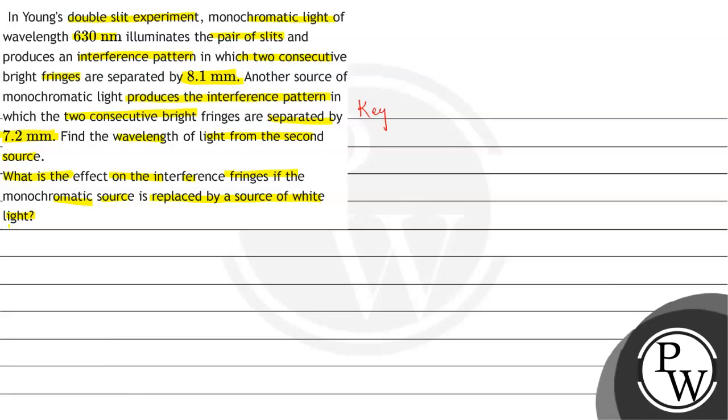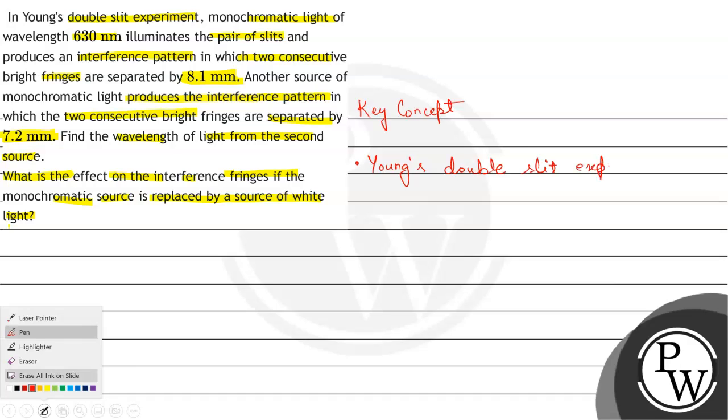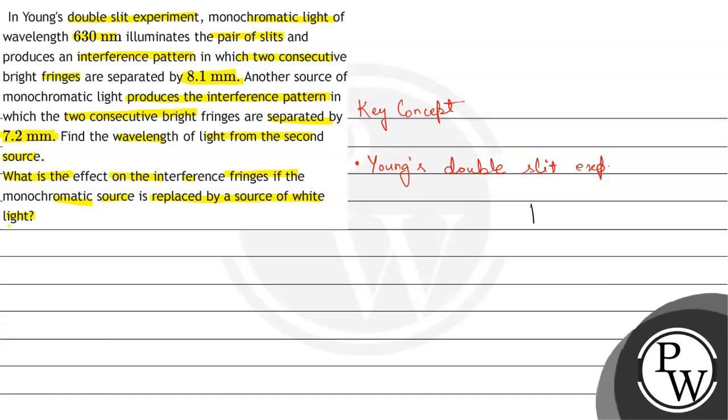So, the key concept behind this question is Young's double slit experiment. So, in Young's double slit experiment, when two slits which were small d distance apart were placed and an incoming